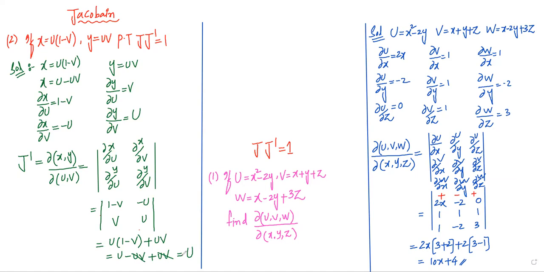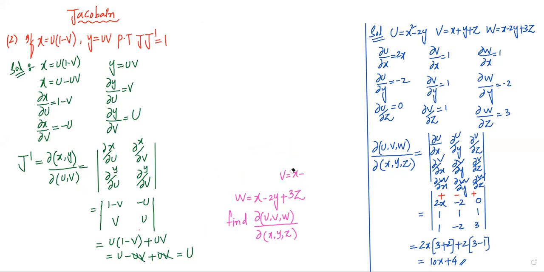Yes, sir. Let us move on to the second part. X and Y, already it is in our question, it is the subject. Now in the second part, we have to make u and v the subject, and that we have to differentiate with respect to x and y, which is the actual Jacobian.